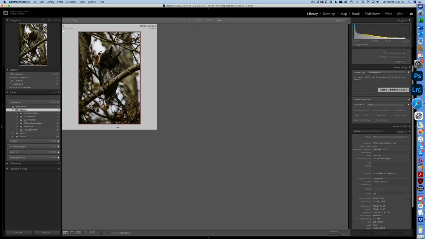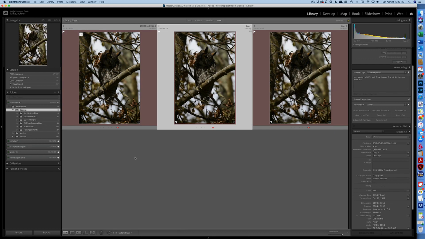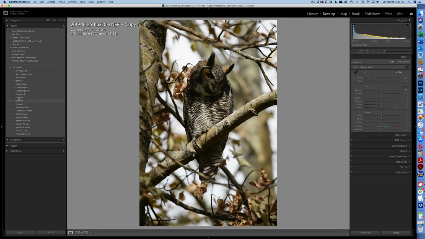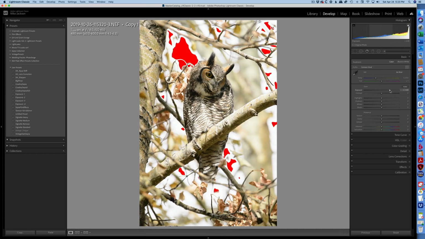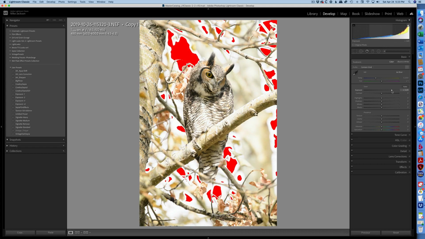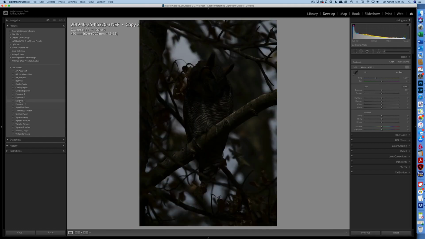Okay, drum roll please. I've reset the image so it's back to the original single image, and this is how fast I would normally do it. So Command apostrophe, select the first one, D for develop. I'm going to go +2, and remember I wanted to go to 3, so I just have a preset that's set to 2, but I'm going to go ahead and bring that up to 3, and then I'll go to the next image, and I'll hit -1,